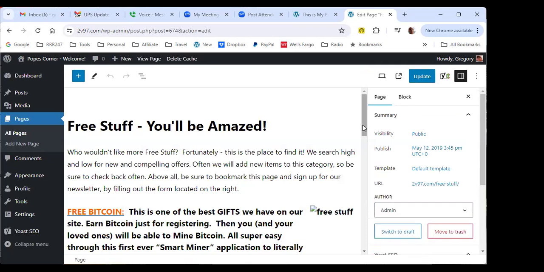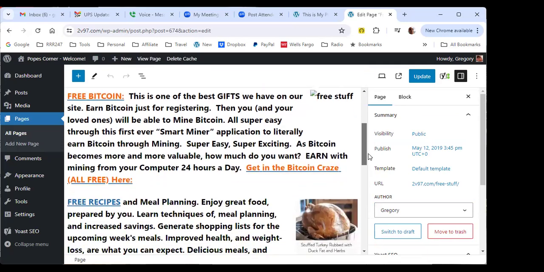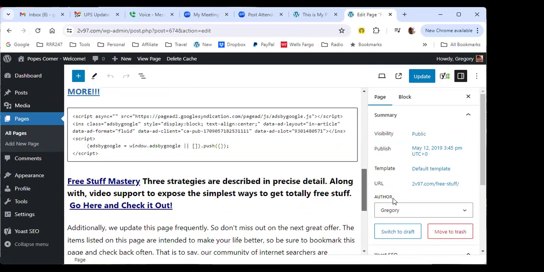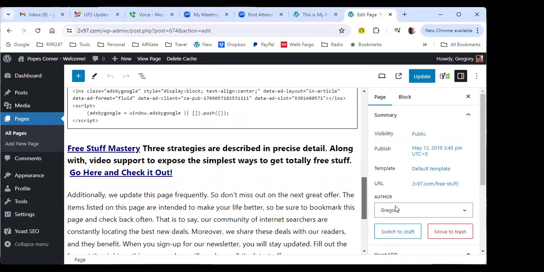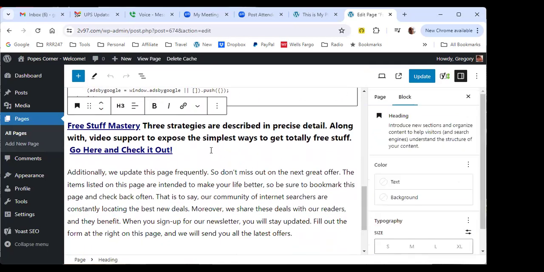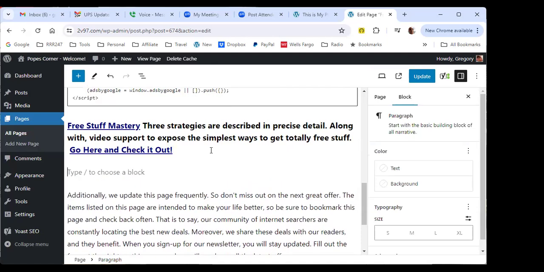So these category pages are supposed to be alphabetized as well. That's part of what Google AdSense wants. So free Bitcoin comes before free recipes, and then free mastery stuff. So I'm using free on all of them. But anyway, I just create a new block here. You see we have an H3 block there, and that's what we're going to use as an H3. And I'm just going to say